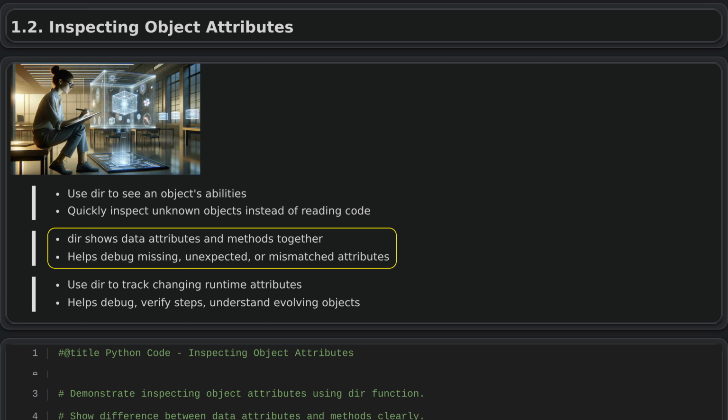Inspecting an object's attributes helps you distinguish between its stored data and its available actions. For example, a bank account object might have data like balance and account holder, and methods such as deposit and withdraw. Seeing these together gives you a clear picture of what information you can access or change, and what operations